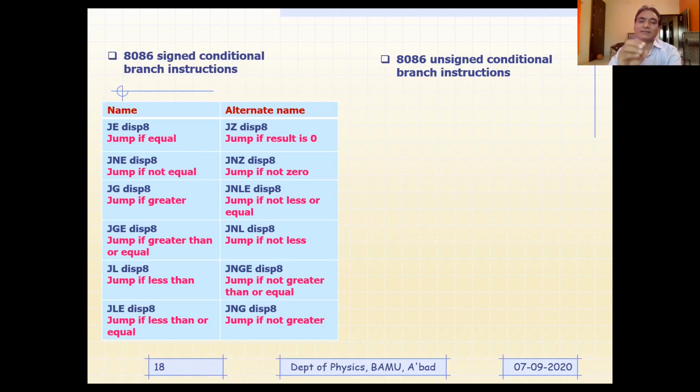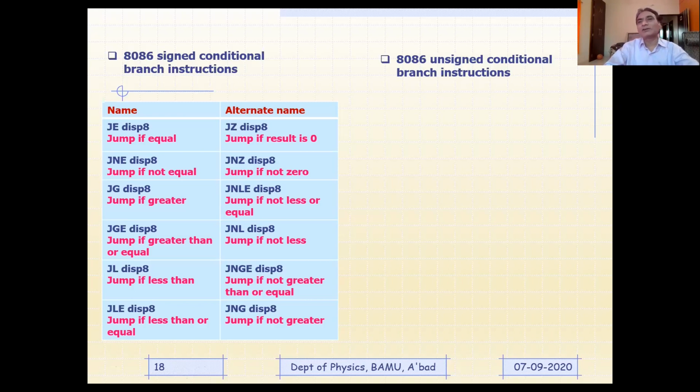Usually, as far as academic laboratory programs are concerned, we will not be using a far jump instruction. We will be using only near jump and short jump. So here, jump if equal. Now, what equal? Because before this instruction there will be some condition tested. I will quote an example whenever we discuss it.